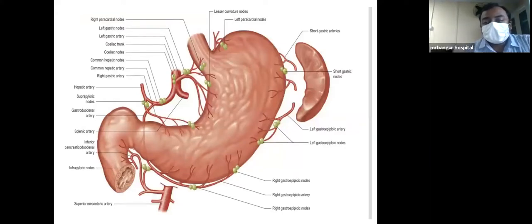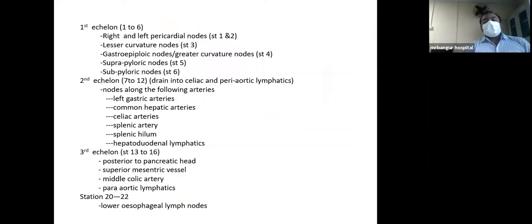And then comes the important part of the stomach, that is the lymphatic drainage. As far as the CA stomach is concerned, it plays a vital role. It has been divided into various echelons. The first echelon consists of station 1 to 6, where we will find the right and the left paracardial nodes, lesser curvature nodes, gastroepiploic nodes, suprapyloric nodes, and subpyloric nodes. And the second echelon containing various nodes lying around the arteries, namely left gastric arteries, common hepatic arteries, celiac arteries,